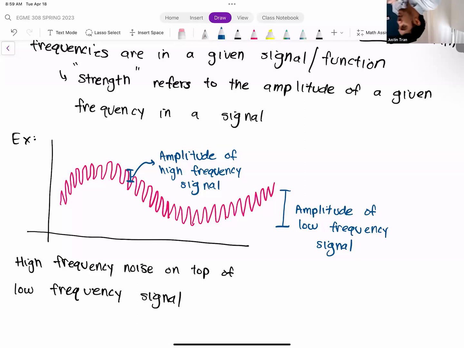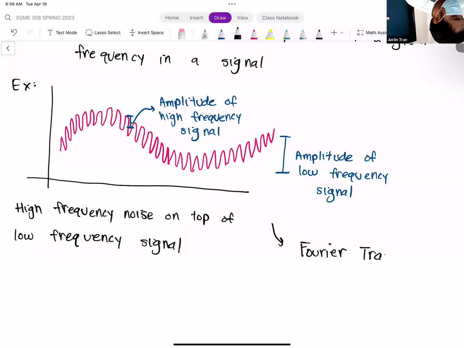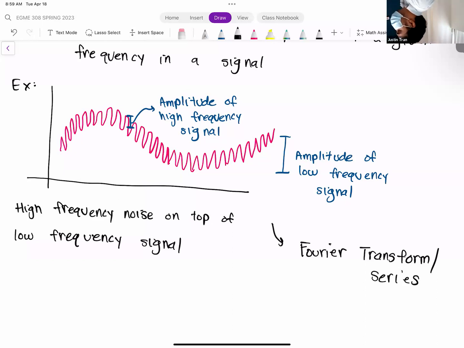So for this simple case, this is something we can easily see visually and draw. But the mathematical tool that gives you this information is Fourier. If we were to take the Fourier transform of this, or the Fourier series, what this is going to allow us to do is form the power spectrum of this signal.